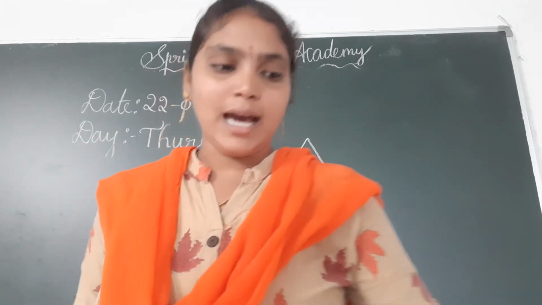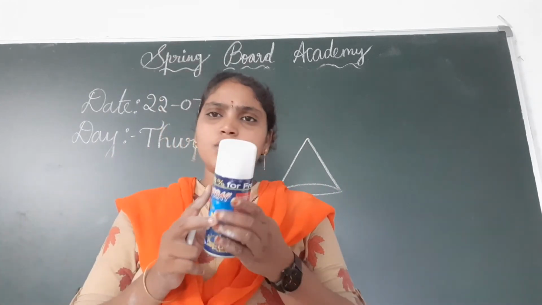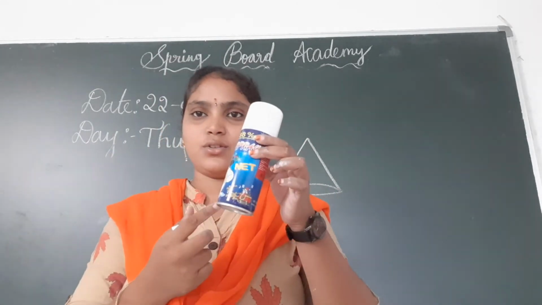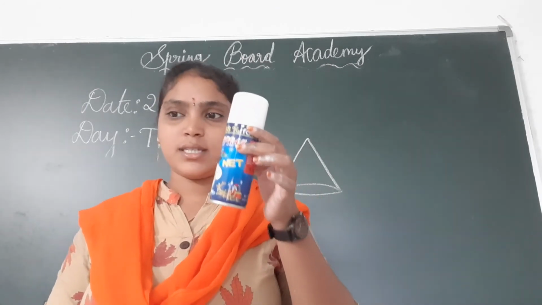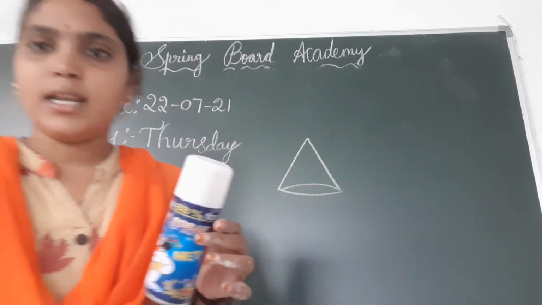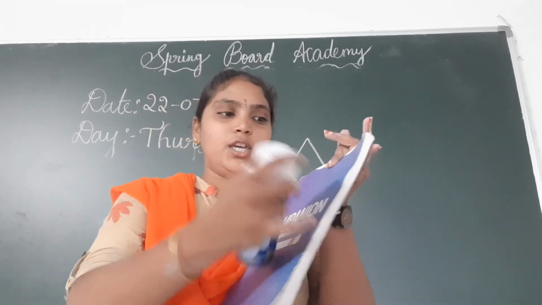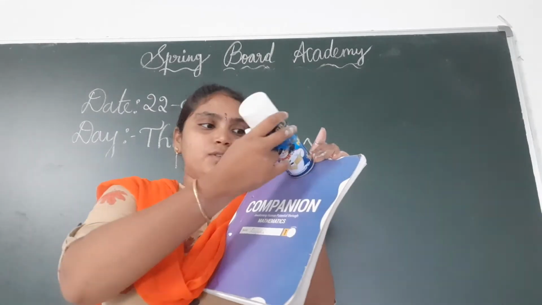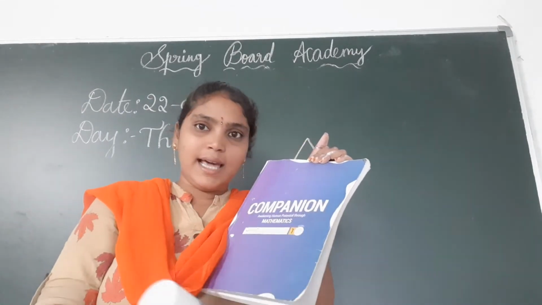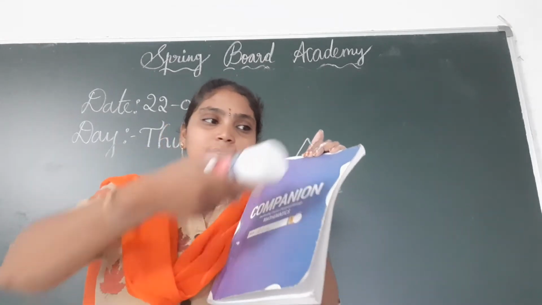Next one, glass, children. Instead of a glass, I am showing one object. Some glasses are also like this. Shall we check, does this slide or roll? Are you ready, children? Is this rolls or slides? If we place it like this, it rolls only, children. If you place it like this, it slides, but if you leave it like this, it rolls.